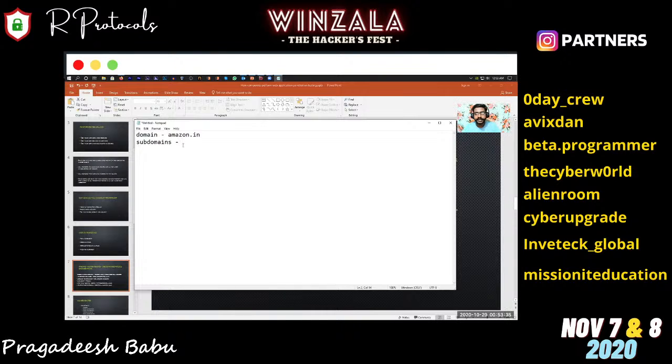To find the subdomains, there are a couple of tools. One of them is virustotal.com. It's a website-based tool. You can just go to virustotal.com, scan the Amazon.in site, and find its subdomains. There are also similar tools you can install in Kali Linux or Parrot OS, like Sublist3r and others.